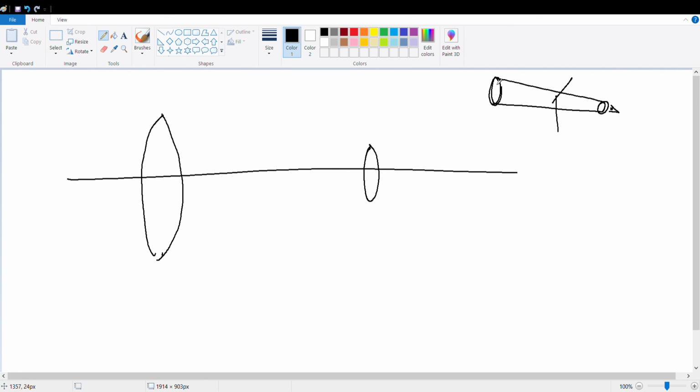They are like this. So this is the objective lens and this is the eyepiece lens. This is FO and this is FE, the FO is greater than FE. In a compound microscope, it was the opposite. It was like this. FO is smaller than FE. So the difference between